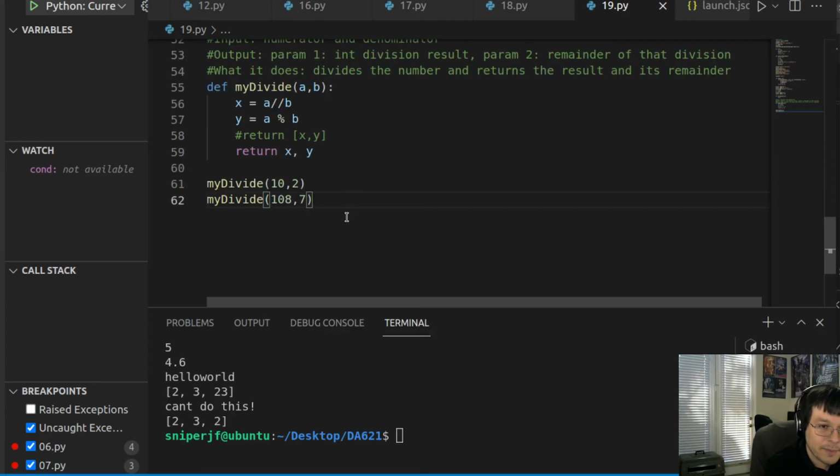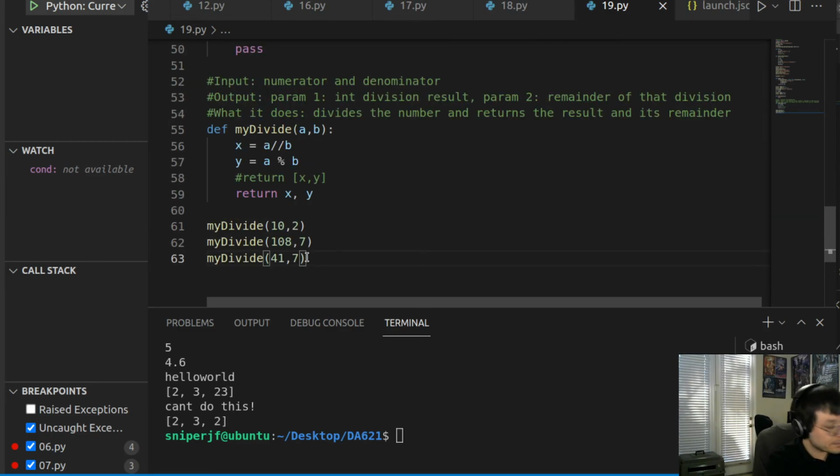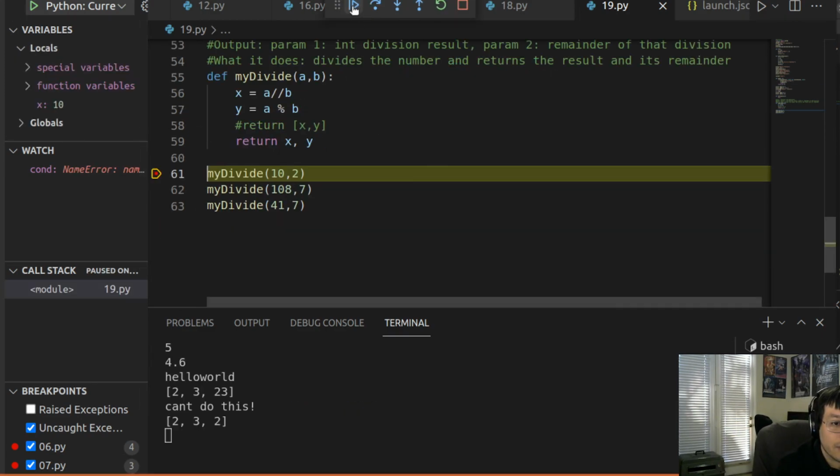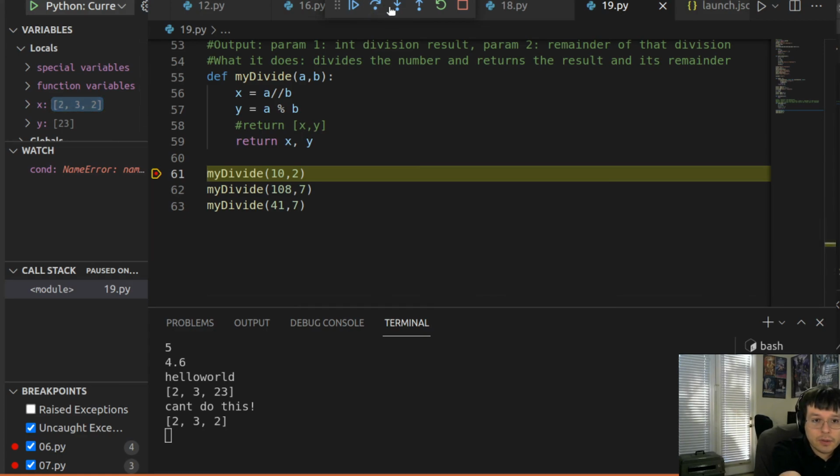Okay, and then here, let's just do one more. Let's pick primes. Is 51 a prime? No, it's not prime. Let's just do 41. Okay, all right. So let's put a breakpoint here. Okay, so when we run this code,